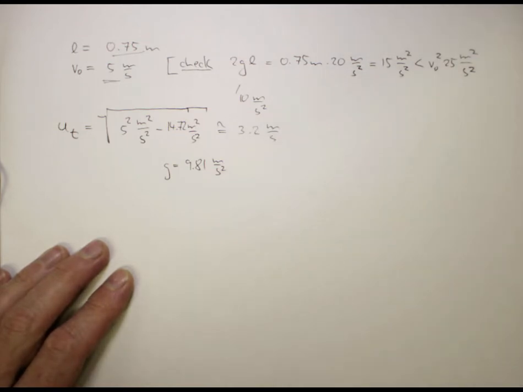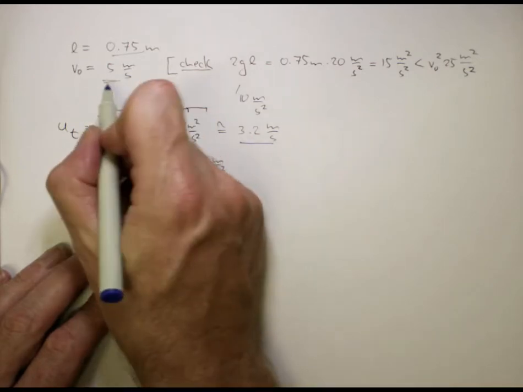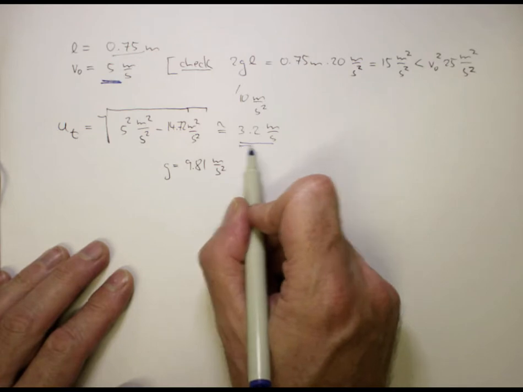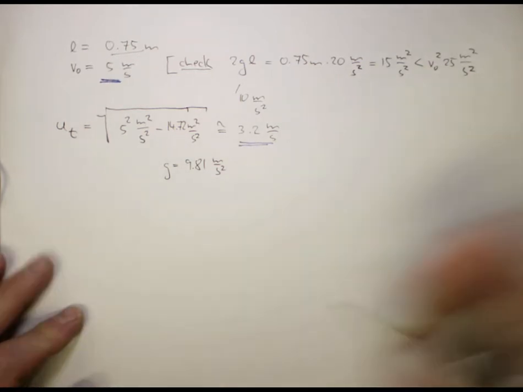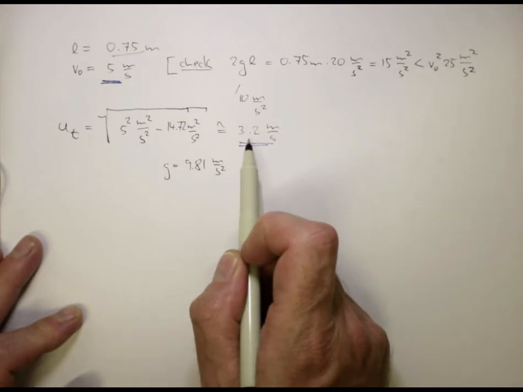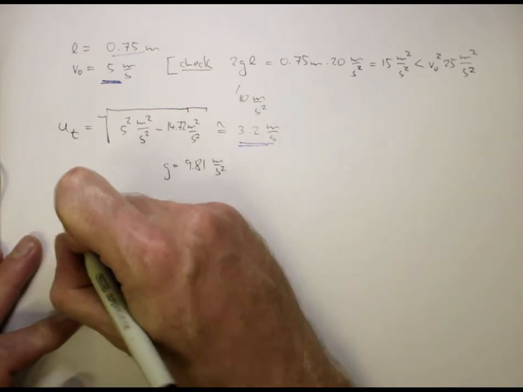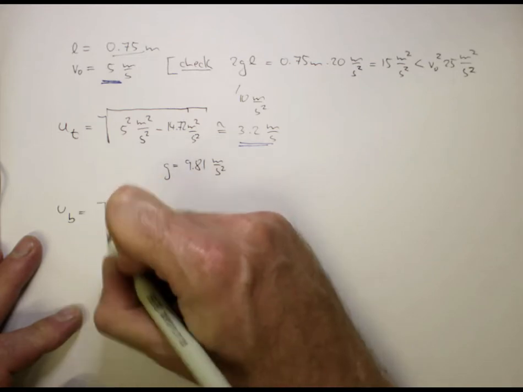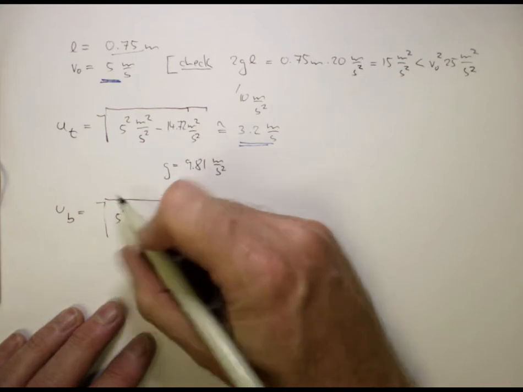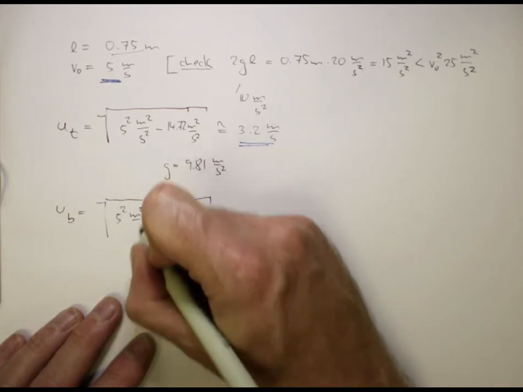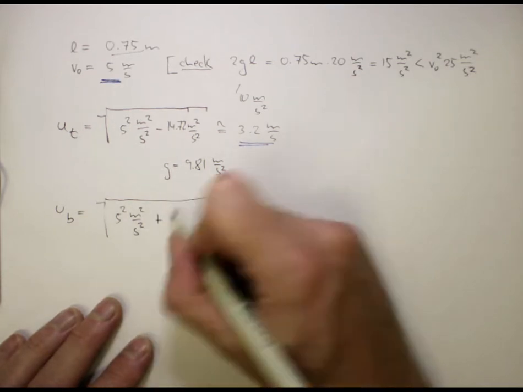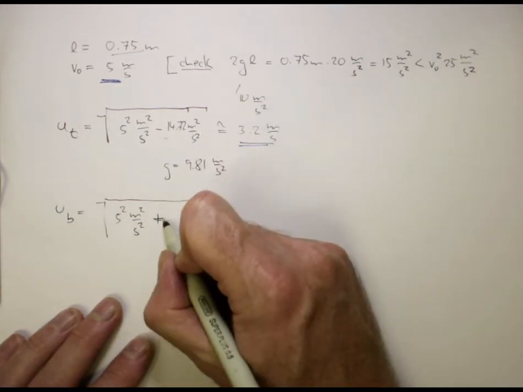So at the top the ball has slowed down from 5 meters per second in the horizontal position to only 3.2 meters per second. That's about a 30-40% slowdown. And at the bottom, v_B, if we substitute with those numbers, again, the square root of 5 meters squared per second squared, 5 squared meters squared per second squared, and now the same result here, but now we're adding it in,